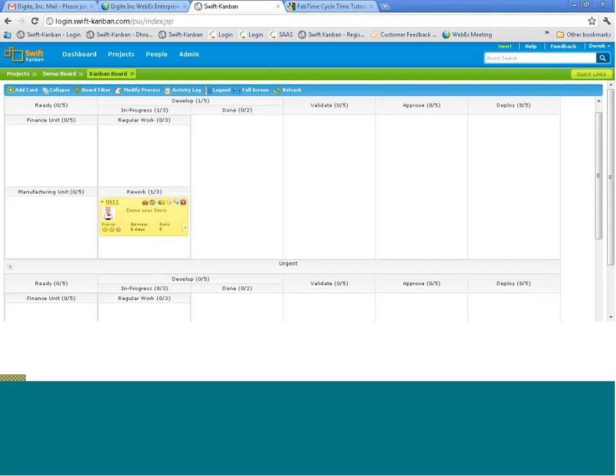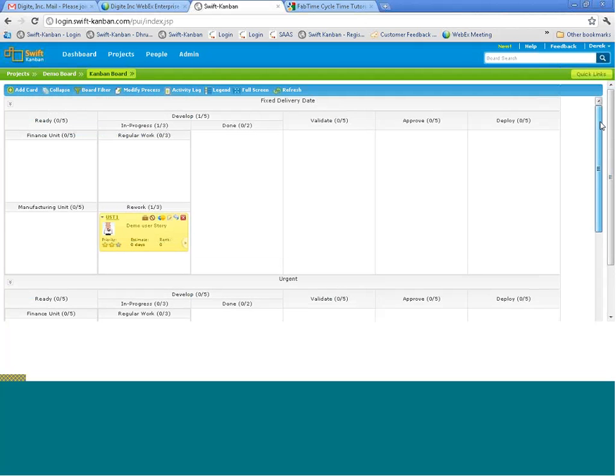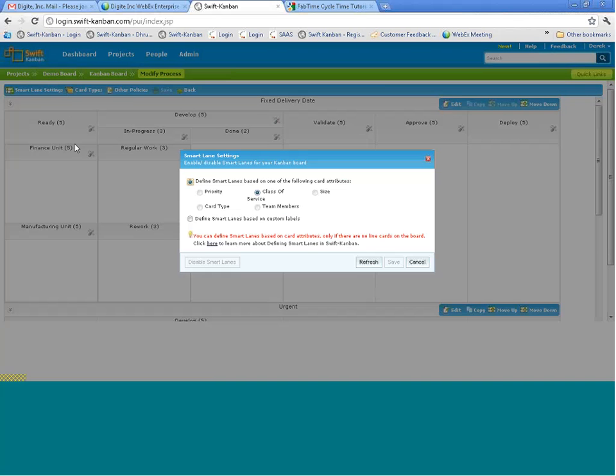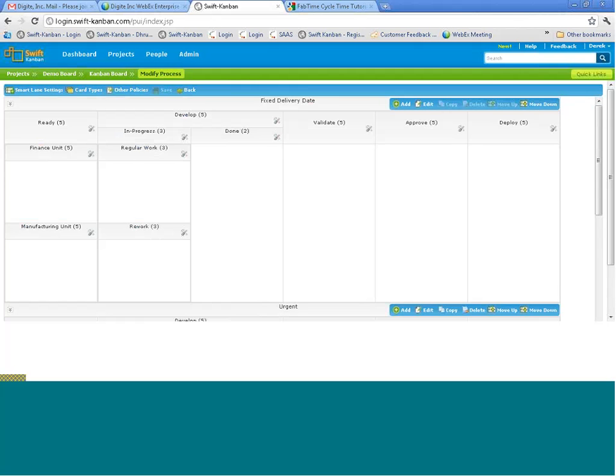So once you've created this value stream, even if you have a card, you can, for example, tomorrow say, you know, this class of service is not good for me. I want to go ahead and modify it to, for example, I go to smart lane settings, and I want to modify it to something else. I want to define smart lanes by custom labels. You're able to change that, and automatically the board will reconfigure to that particular type of smart lanes that you want to set. Okay,